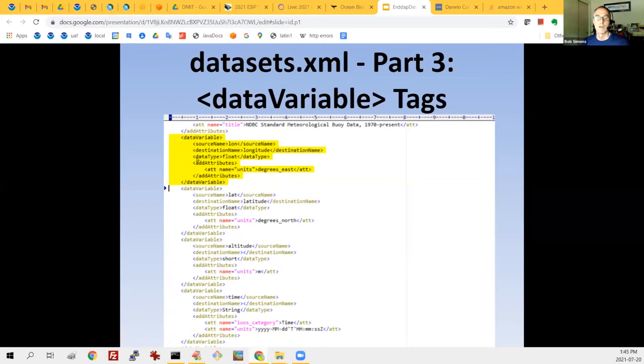The data type defines the data type of the variable, for example, a float or the different integer or unsigned integer data types, or a string. The add attributes section lets you specify additional metadata for each of the variables. If the variables had units, they would be identified here. ERDDAP uses the UDUNITS standard, so these are from a specific vocabulary. But of course you can add, and I think there will be some examples below, lots of other metadata attributes for each of the variables.